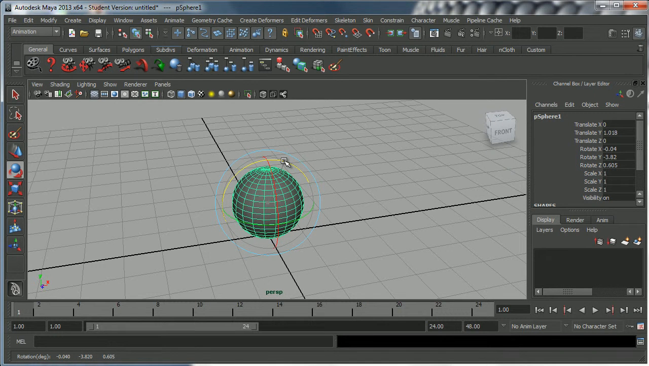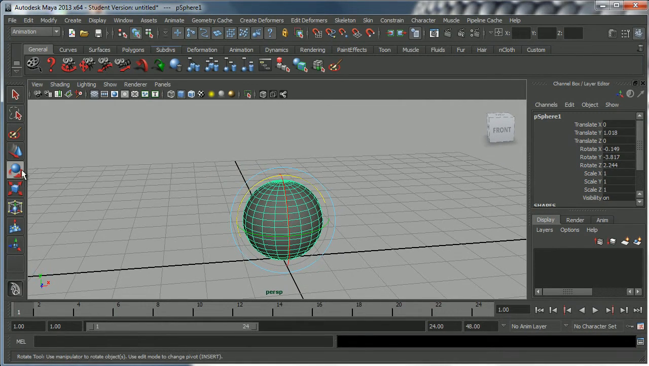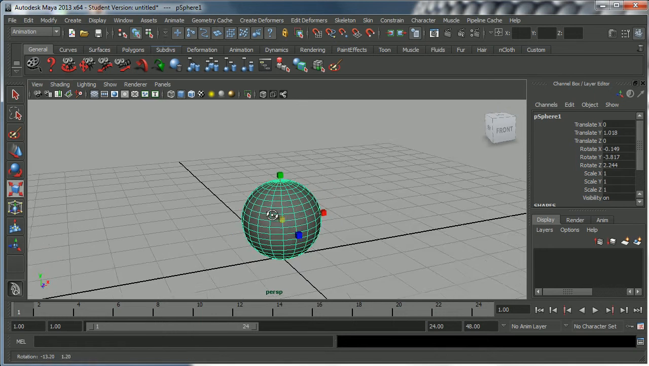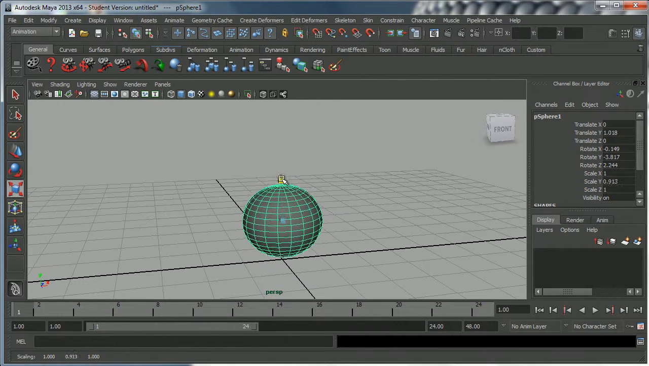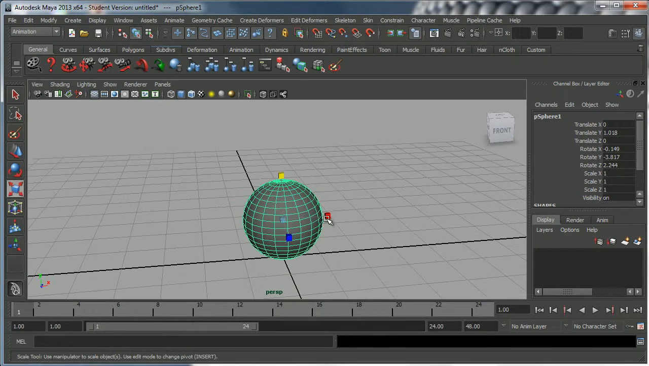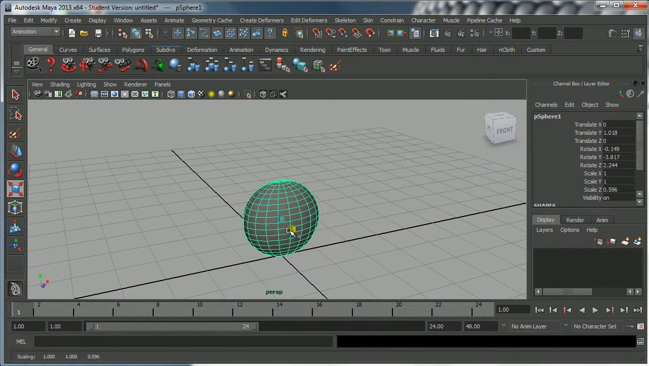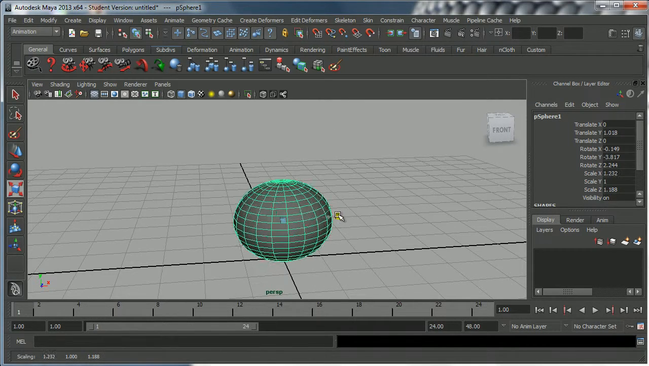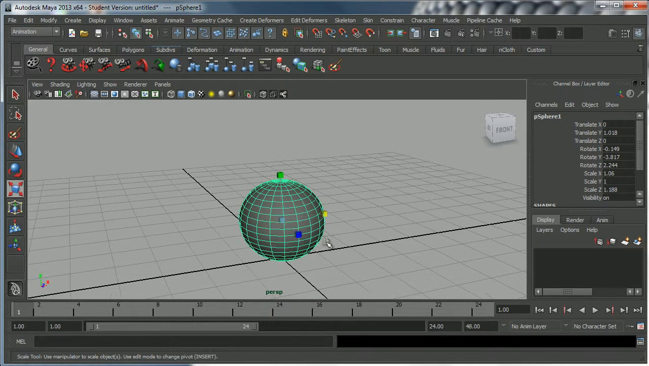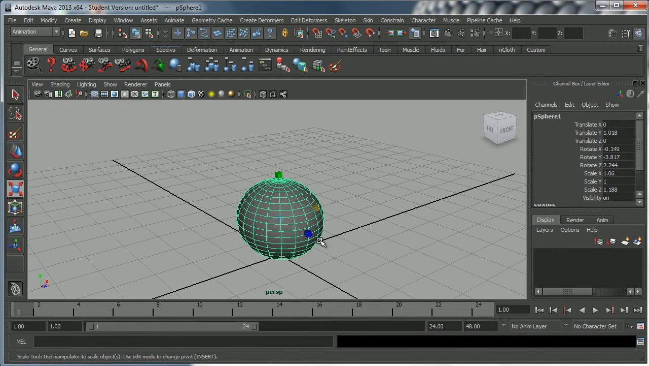So holding down the shift key will help you control what you're doing. Okay, the next control here that we want to know about is the scale tool. So this little button here, that's the scale tool. And again, that allows us to scale things in Y, and also scale things in Z, and also scale things in, sorry, that was X over here, not Z. Scale things in X, and also scale things